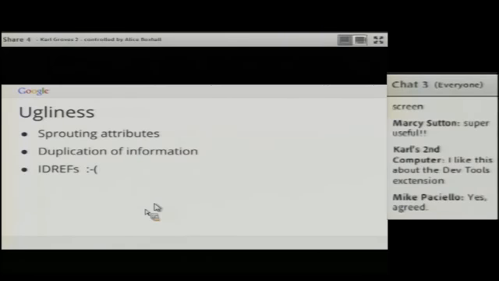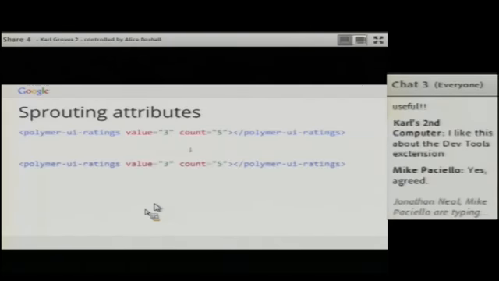So for custom elements, web components accessibility right now, there's some ugliness, and this may be the controversial part of the talk. So if all of my reading code aloud has put you to sleep, you might want to wake up now so that you can angrily comment in the little chat box as I describe what I'm about to say. So I am not a fan of sprouting attributes.